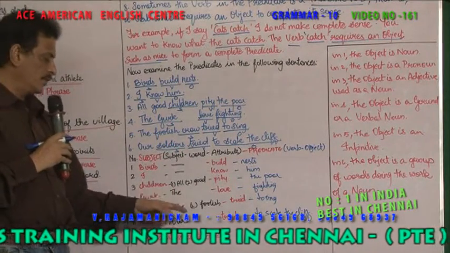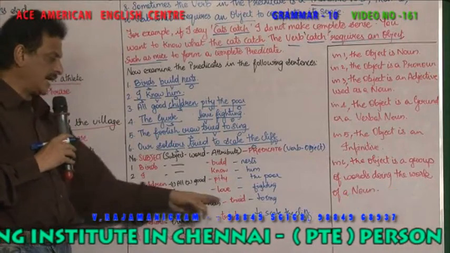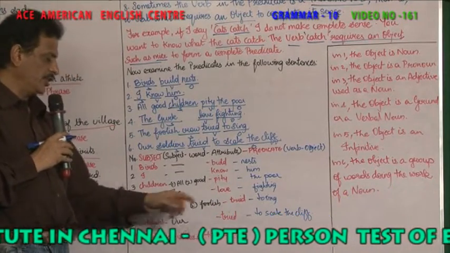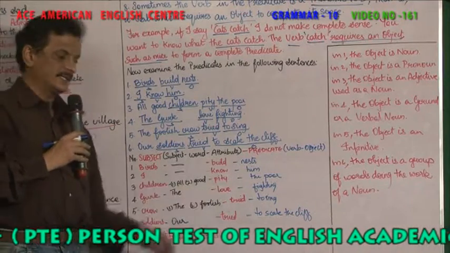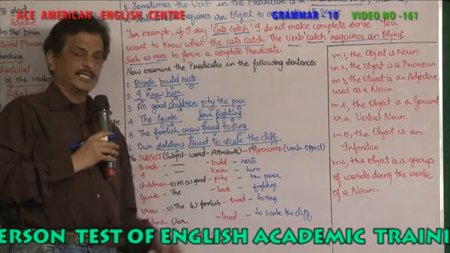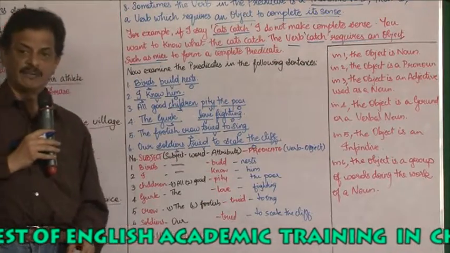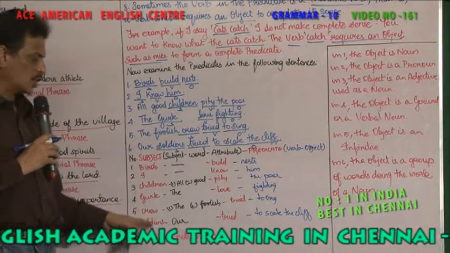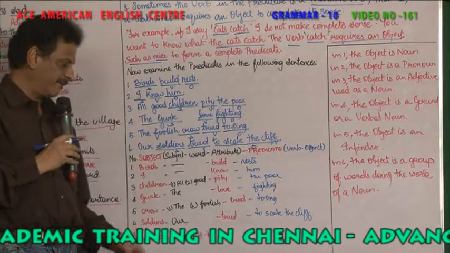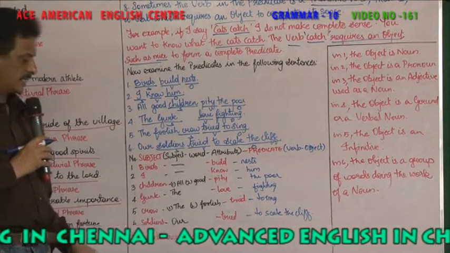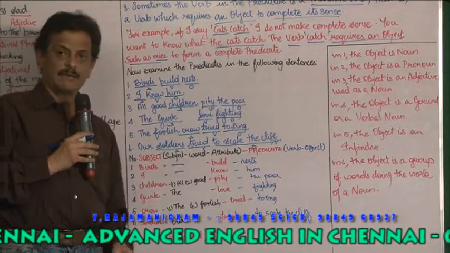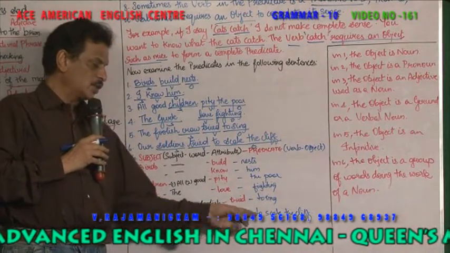The foolish crow tried to sing. The and foolish become the attributes for the subject. Crow, tried is the predicate word, and it takes an object, to sing. To sing becomes an infinitive. Our soldiers tried to scale the cliff. So our is the attribute, soldiers is the noun, tried is the predicative word, and